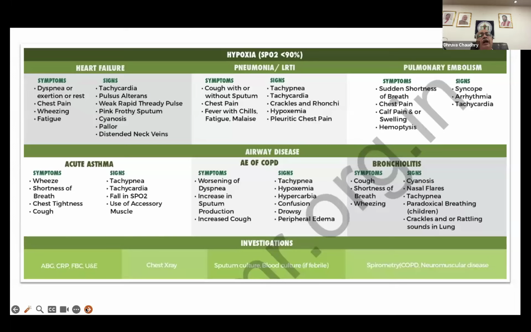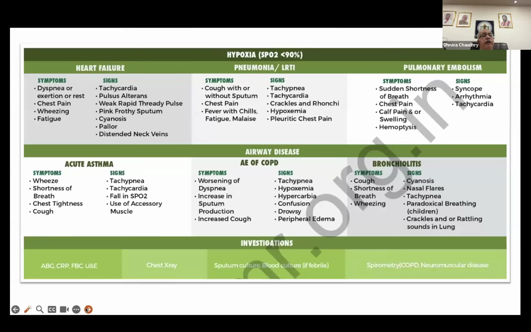Now, when you start looking at it, obviously there is a differential diagnosis. Hypoxemia occurs because of inadequate oxygen exchange. That means your lungs lose the capacity to exchange oxygen, which happens when the lungs are full of water. That is called edema. If it is a non-cardiac cause, it is called non-cardiogenic edema. When it is a cardiac cause, you call it cardiogenic edema, which otherwise we call heart failure or acute left ventricular failure.